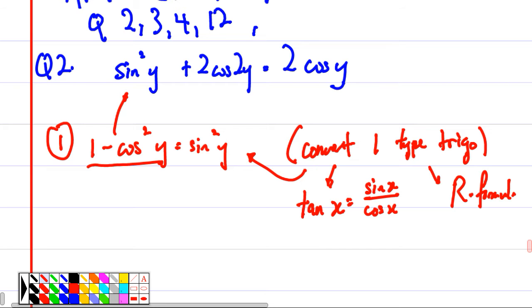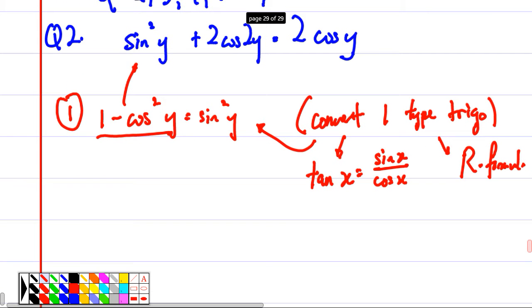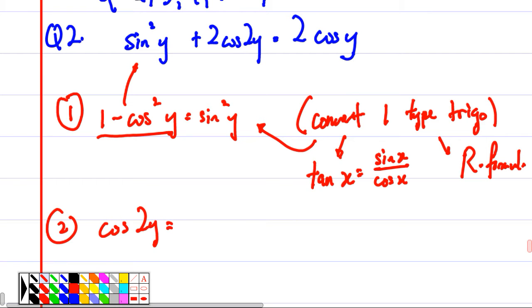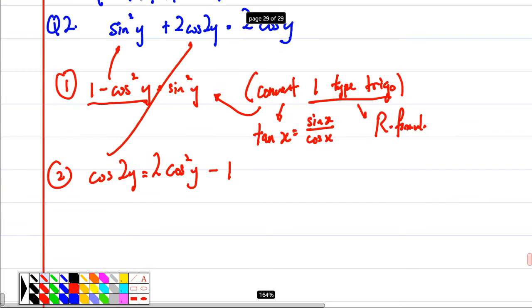Clear? Okay, now the second thing you need to change of course is 2 cosine 2y. Now cosine 2y, according to page 2, has 3 types. And because you want to fulfill the one type of trigo, can you tell me which formula you choose? Cosine square y minus 1. Very good. Put it inside. Then you will notice that